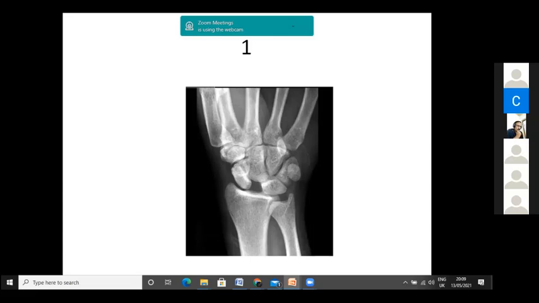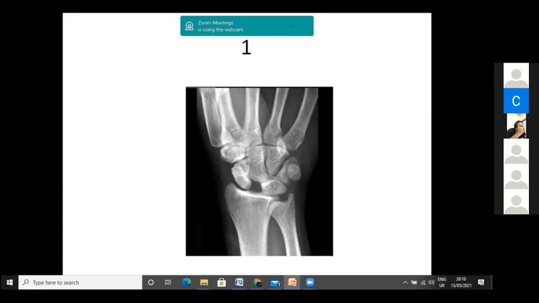So if you take a lateral view in this case, what do you expect in the lateral view, Gautam? How will the position of the lunate be? The lunate will be facing down rather than up. So you mean to say the lunate will have a VC pattern, meaning it will be facing the volar side. Am I right? Yes, sir.